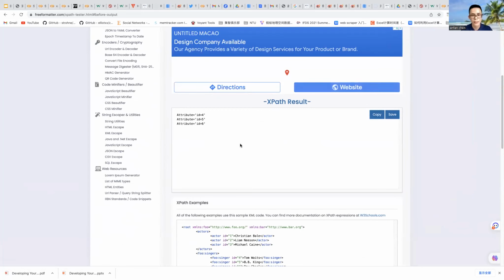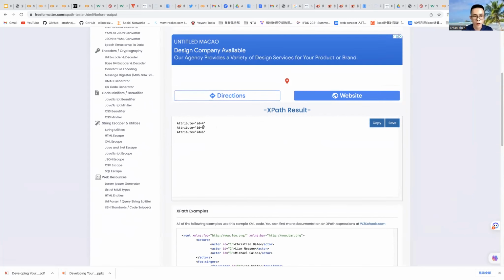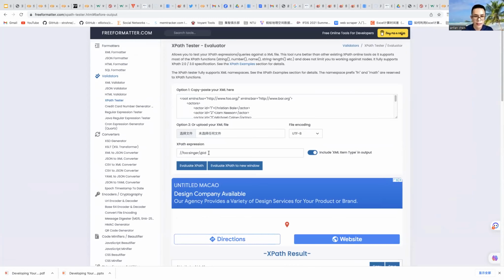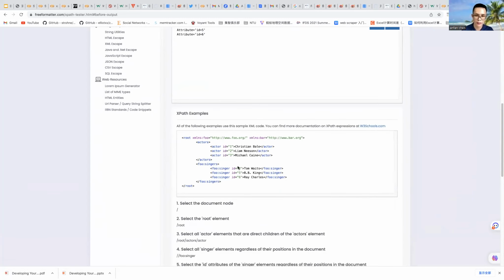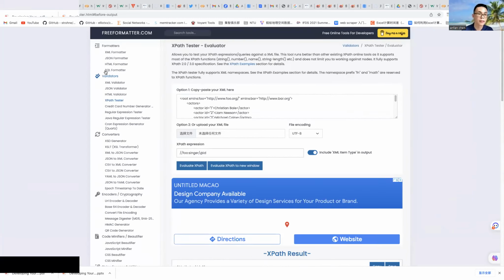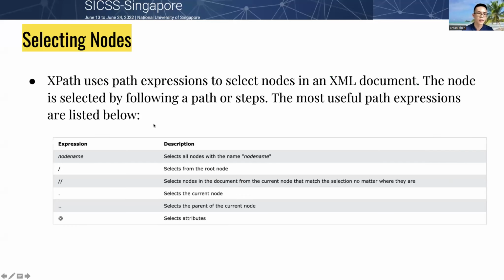Yes, you will get the results about ID 4, 5, and 6. Okay, let's go back. Yeah, and using XPath expressions, you can select different nodes and content from the HTML documents.